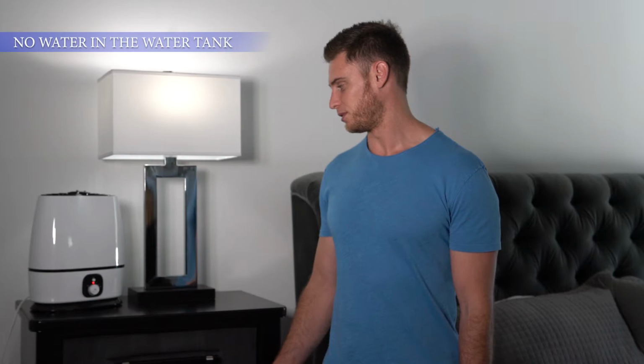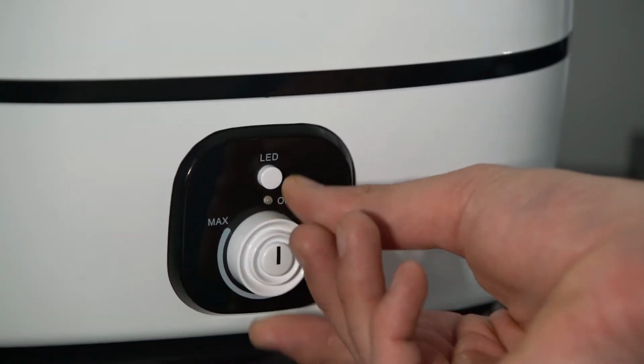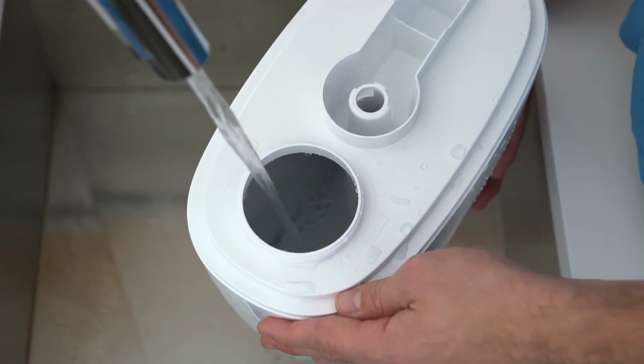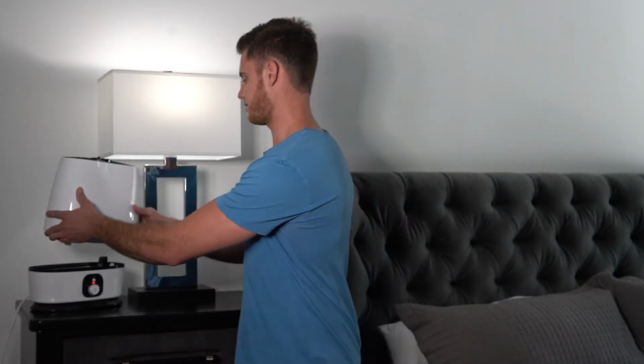So here are the most common causes of the red light. The first cause is extremely simple. There's no water in the water tank. Turn the humidifier to the off position, unplug from the wall, simply fill the water tank up with water, and you're good to go. Alright, so once the water tank is filled with water, just place the water tank onto